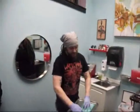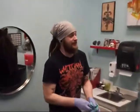I find that people with longer length hair tend to have a hard time with this piercing, and a lot of the times I think it comes down to the fact that we tend to put our hair behind our ears without even thinking about it, right? Now, the dirtiest place on your whole entire body is going to be your hands, and just think about, you know, doorknobs and countertops and stuff like that, right? If you go to